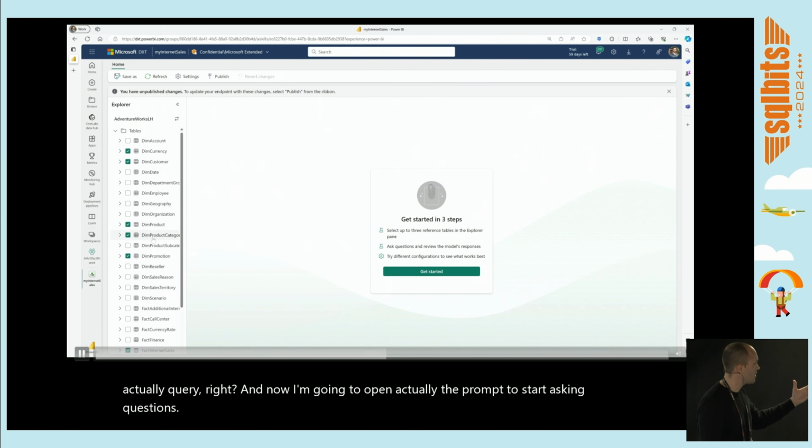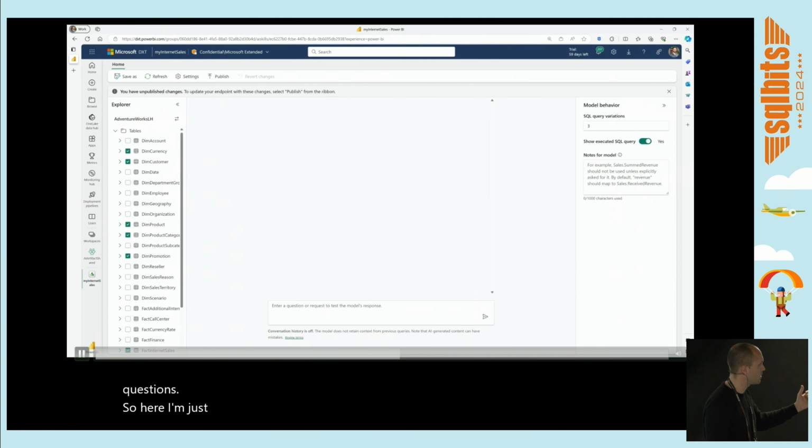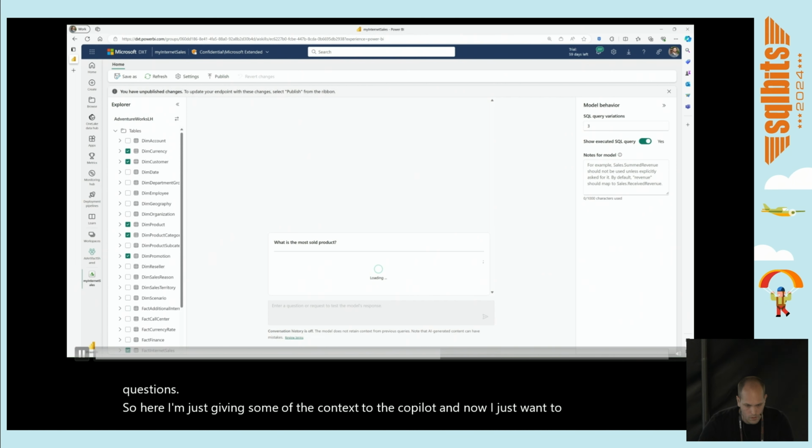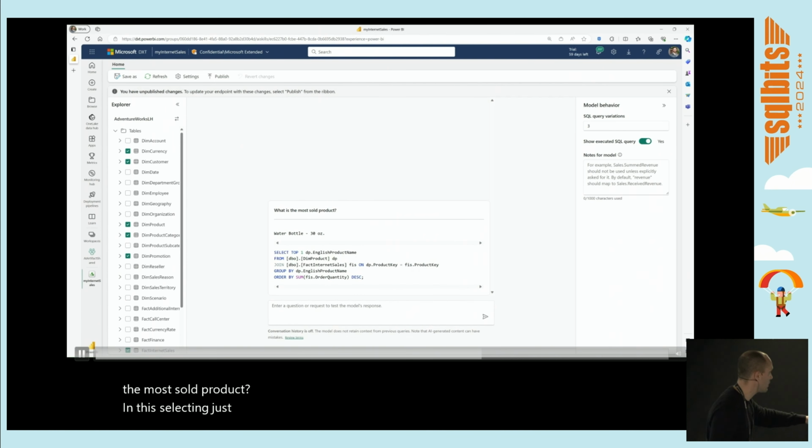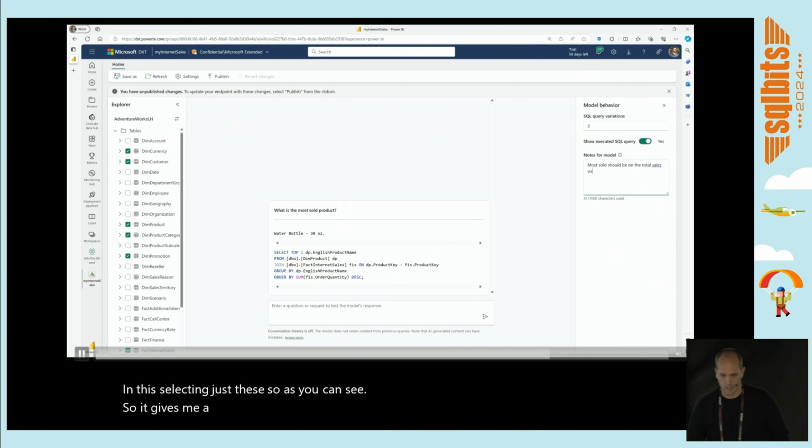So here I'm just giving some of the context to the Copilot. And now I'm going to ask, what is the most sold product in this, selecting just these tables. So as you can see, it gives me a result, but in this case I'm saying, look, I'm going to give you some feedback,